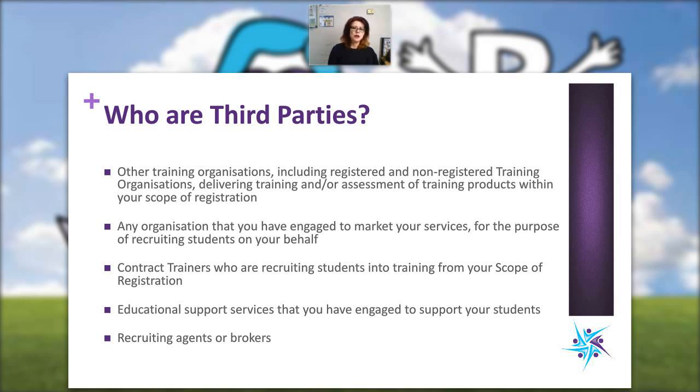But essentially it is, if you're hiring a company where they're exclusively going out to recruit students and they're actually enrolling them, getting them filling the enrolment form, and then they're sending it to your organisation, that is recruiting on your behalf. If you've hired someone to build your website or do some social media marketing, you're going to be recruiting them, you're going to be bringing the students in, but they've done the marketing.